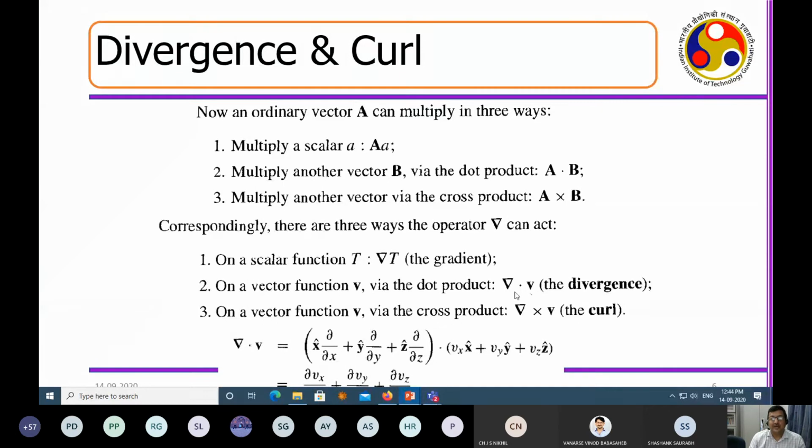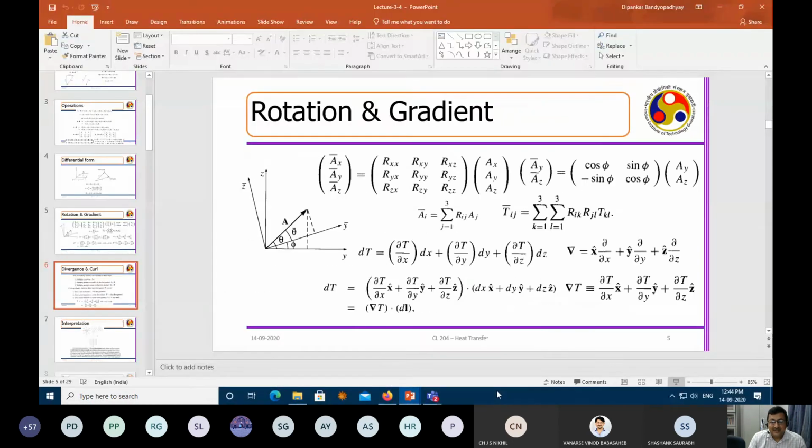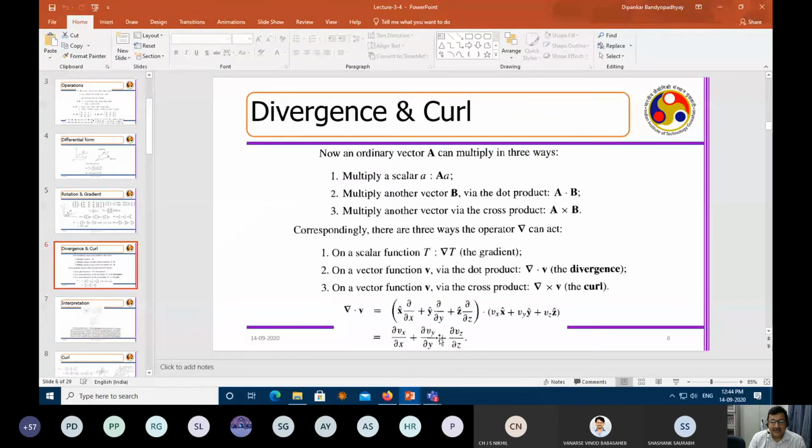Similarly, you can think about fluid mechanics, where you are talking about divergence. V is a vector, the velocity vector. This is the gradient operator. Now, if you take the dot product of the two vectors, what will it lead to? It will lead to a scalar. So you can straight away see that you have x cap del by del x, y cap del by del y, z cap del by del z, and vx x cap, vy y cap, vz z cap. If you take a dot product, x dot x, y dot y, z dot z cancel out and then they become like that.